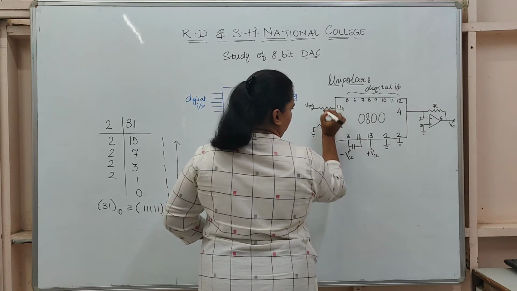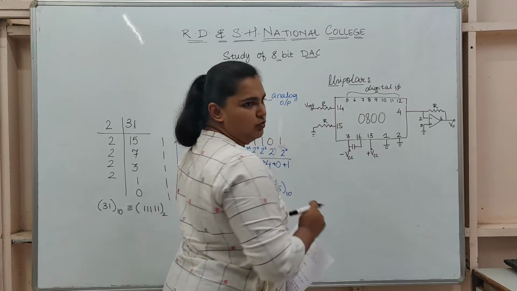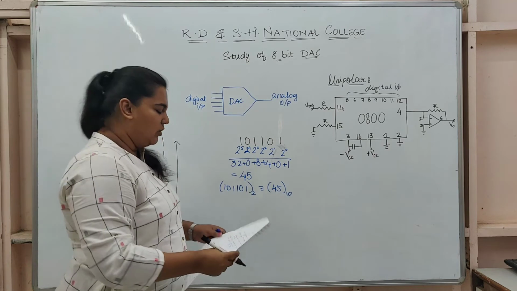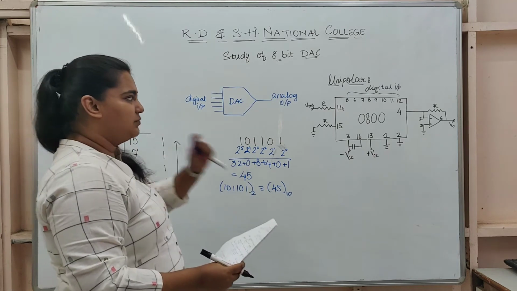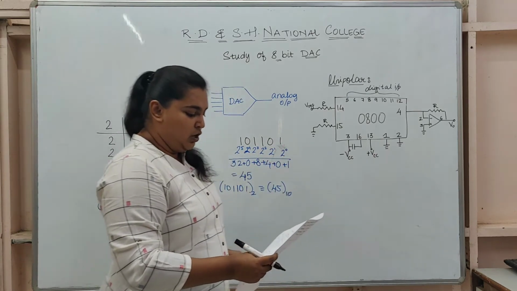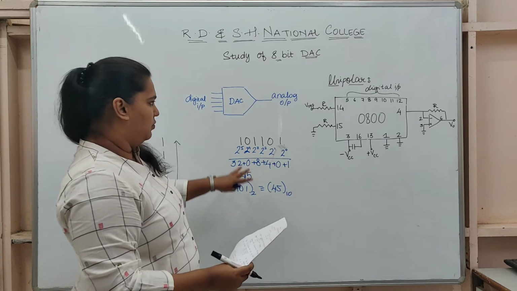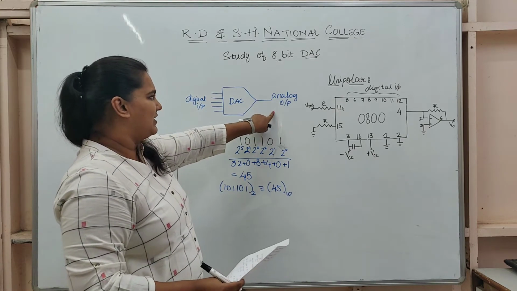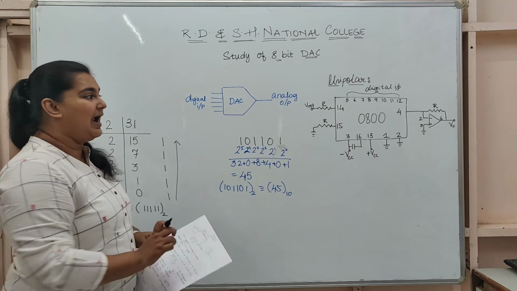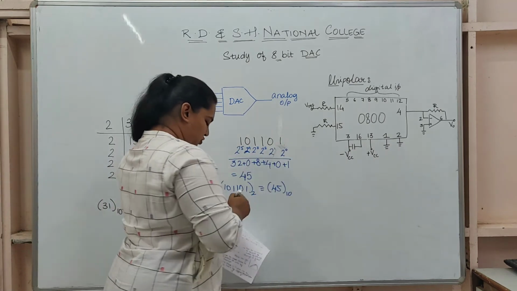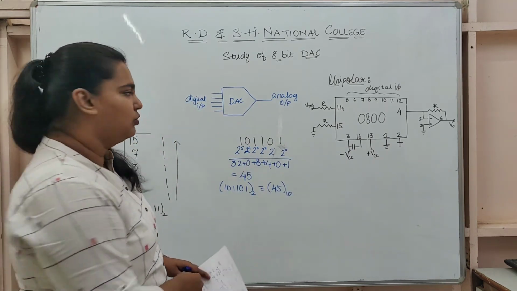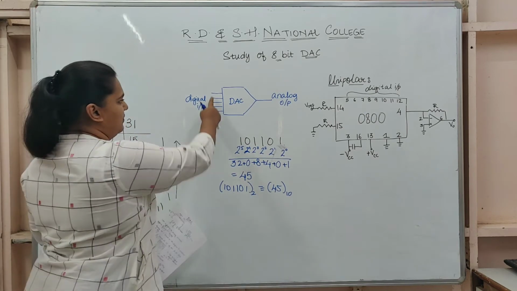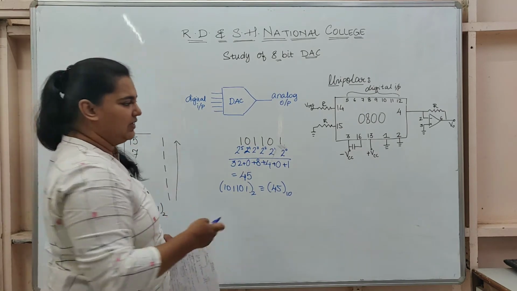If possible, we will keep all the 3 resistances to be equal. So now coming to how this procedure exactly works. The analog output I get is based on the input and the V reference. So for maximum, when you have these digital inputs, since we have 8 inputs, we can